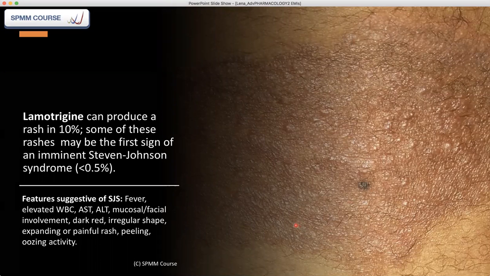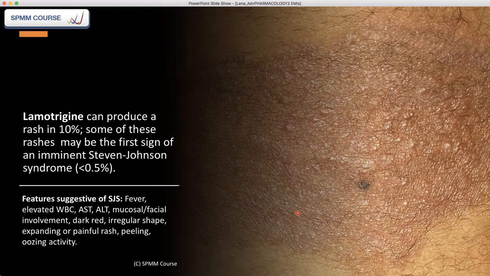Another skin problem is a rash that we see with lamotrigine. The lamotrigine-induced rash happens in 1 in 10 patients. It's 10%. But only a few of these rashes will be indicators of more serious malignant skin problem called Stevens-Johnson syndrome, so less than 0.5%. But it's hard to know which rash is Stevens-Johnson rash and which is not. I have some indicators here, but it's better to consider stopping the treatment when you see a rash in a